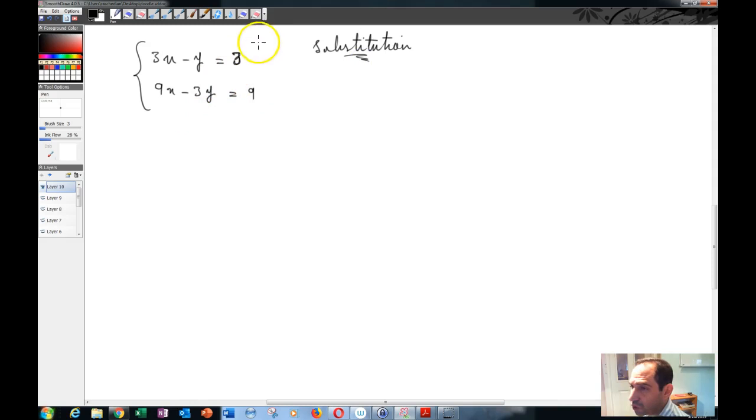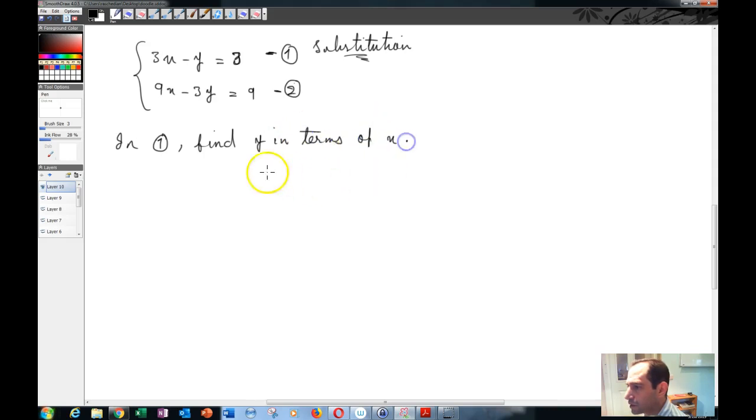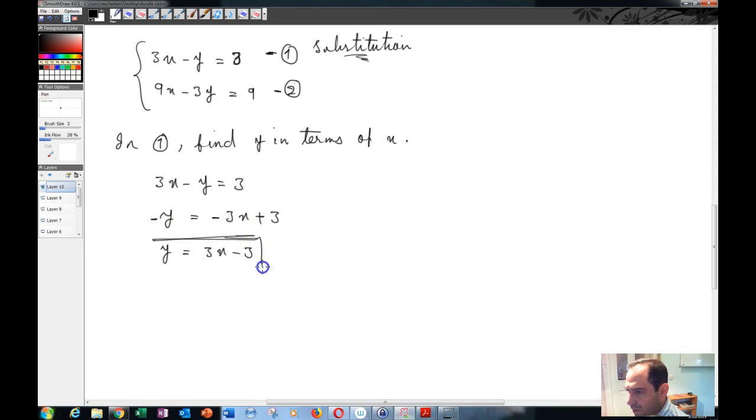So if I call this, for example, equation number 1, if I call this equation number 2, you want to find, for example, probably in 1, find y in terms of x. So equation number 1 is 3x minus y is equal to 3. So negative y is equal to negative 3x plus 3, and multiply by negative 1, you'll get y is equal to 3x minus 3. So that's the value of y in terms of x. Now what you can do is that substitute